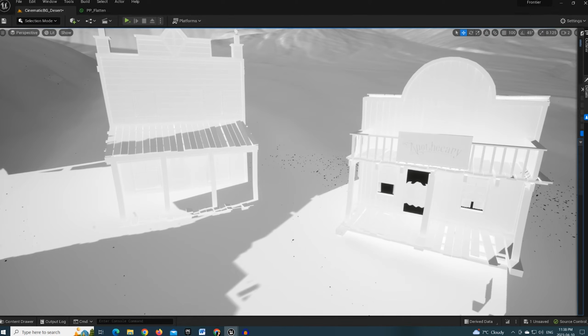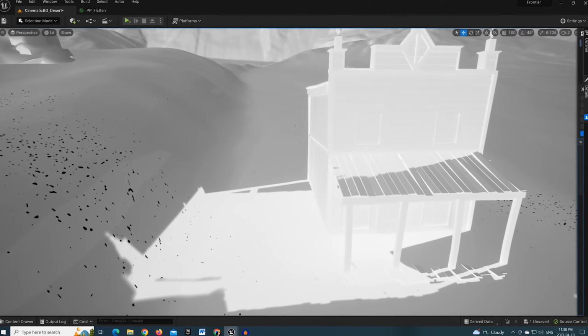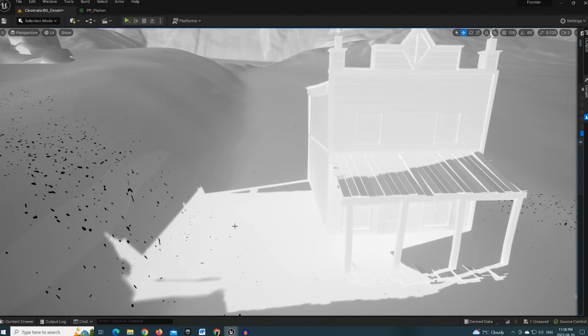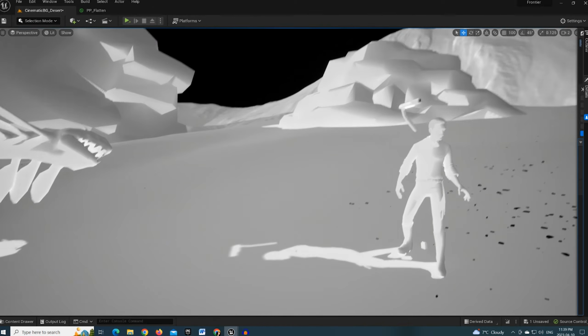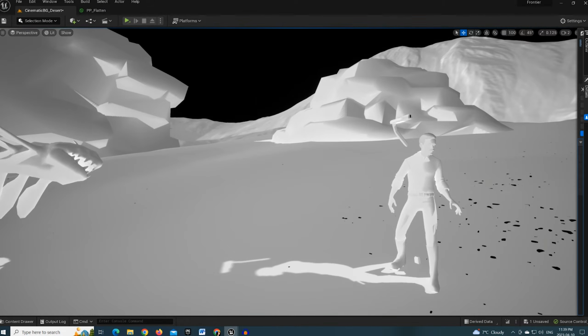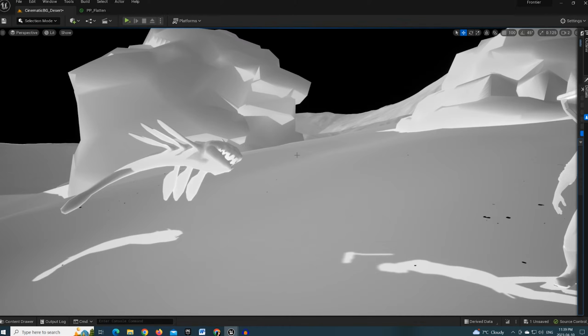Now this map is a little bit inverted. The areas of white are darker areas, and the grayer areas are areas that are more exposed to light. So you can see this building here casts a really distinct shadow. So this is all white. Same thing with the characters here, and also there are parts of the rock which provide a little bit of